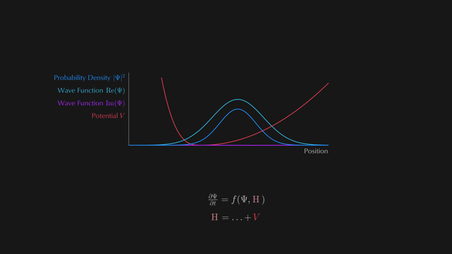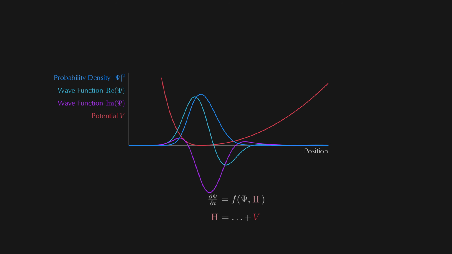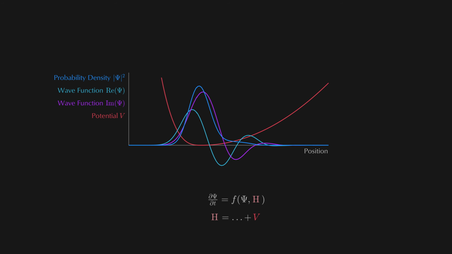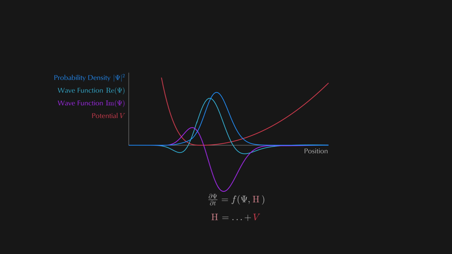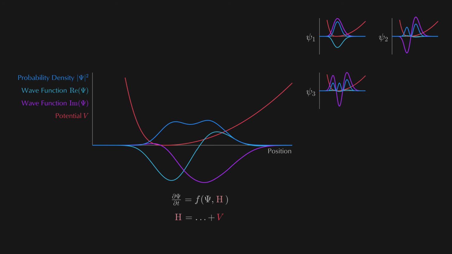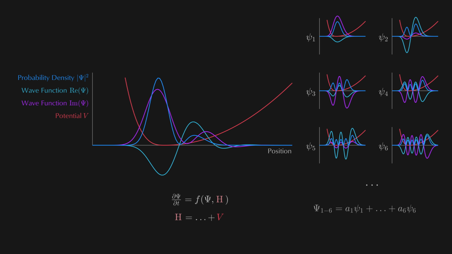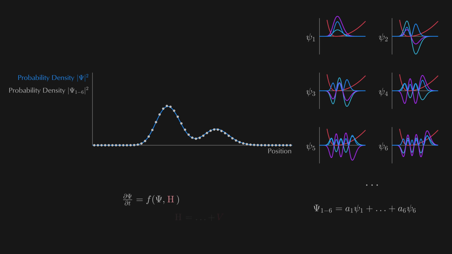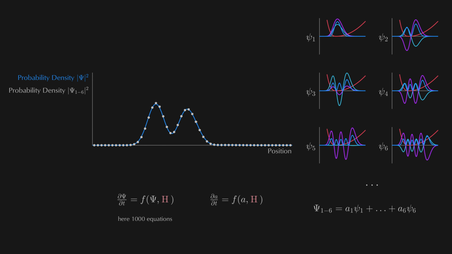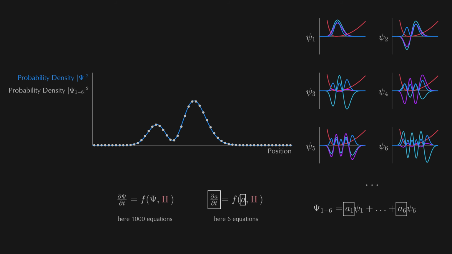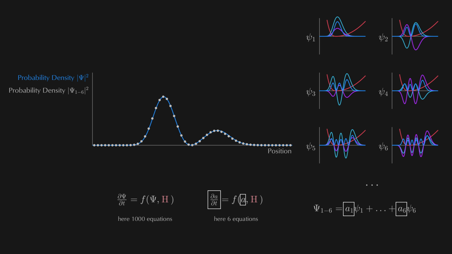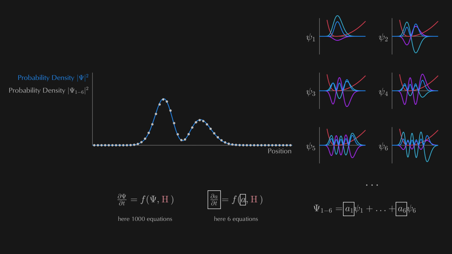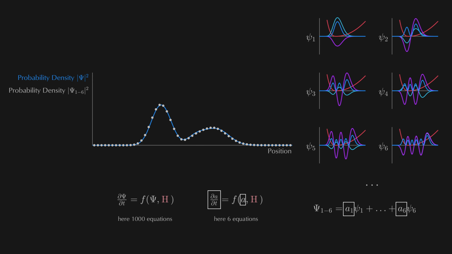So, as we start the simulation, Erwin, please. We see the wave function, and so the probability wiggles around and a certain repetitiveness appears. And here's a clue. It is possible to construct a few specific wave function shapes or standing waves that combined in the right way approximate the true evolution astonishingly accurately. So instead of evolving 1,000 individual cells, we only evolve a few individual scaling factors of these superimposed shapes, also called mode shapes. And in our case, due to the linear form of the evolution equation, these scaling factors are even simpler to compute. So once you have these shapes, you save a lot of computational time here.